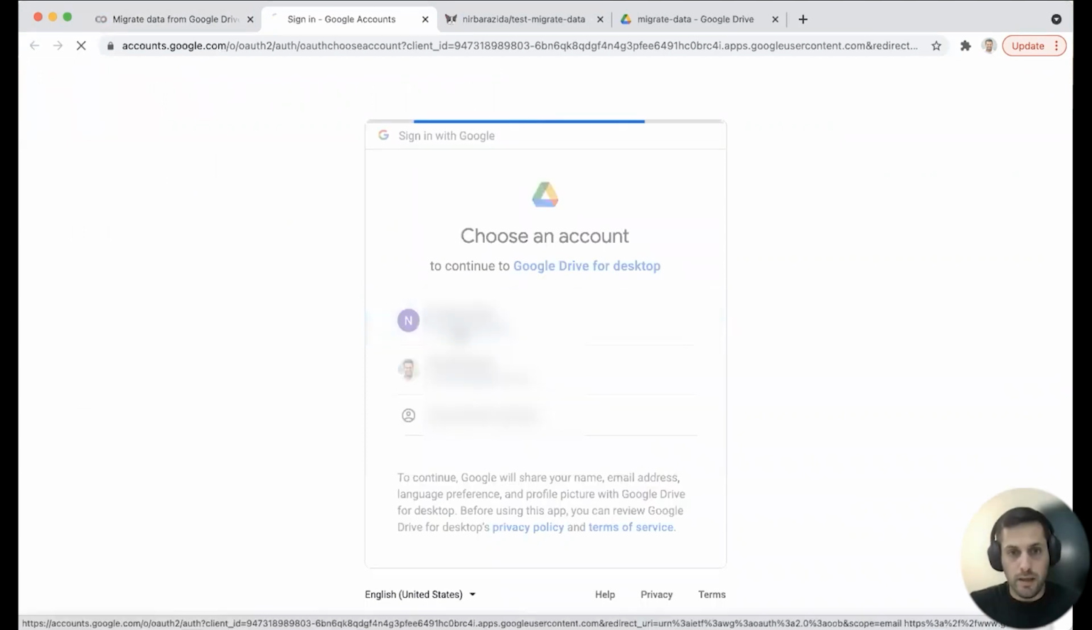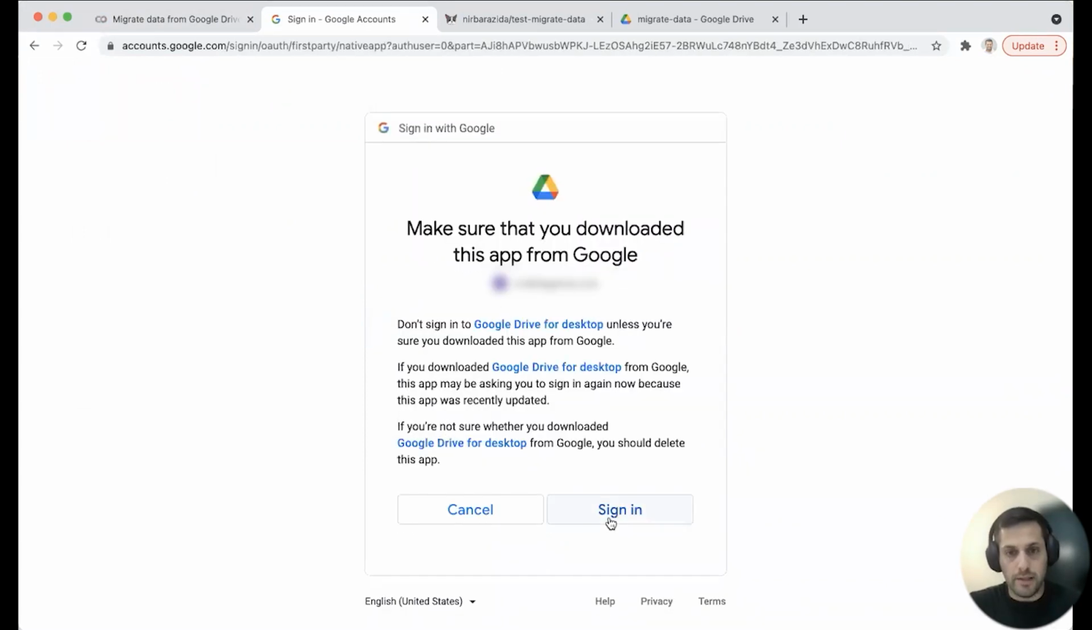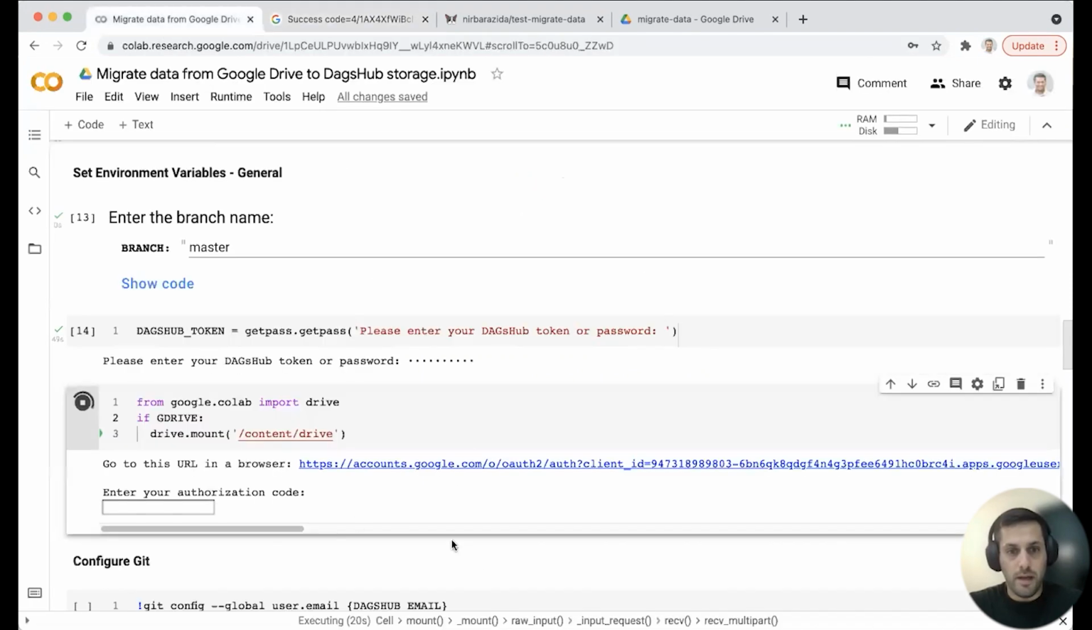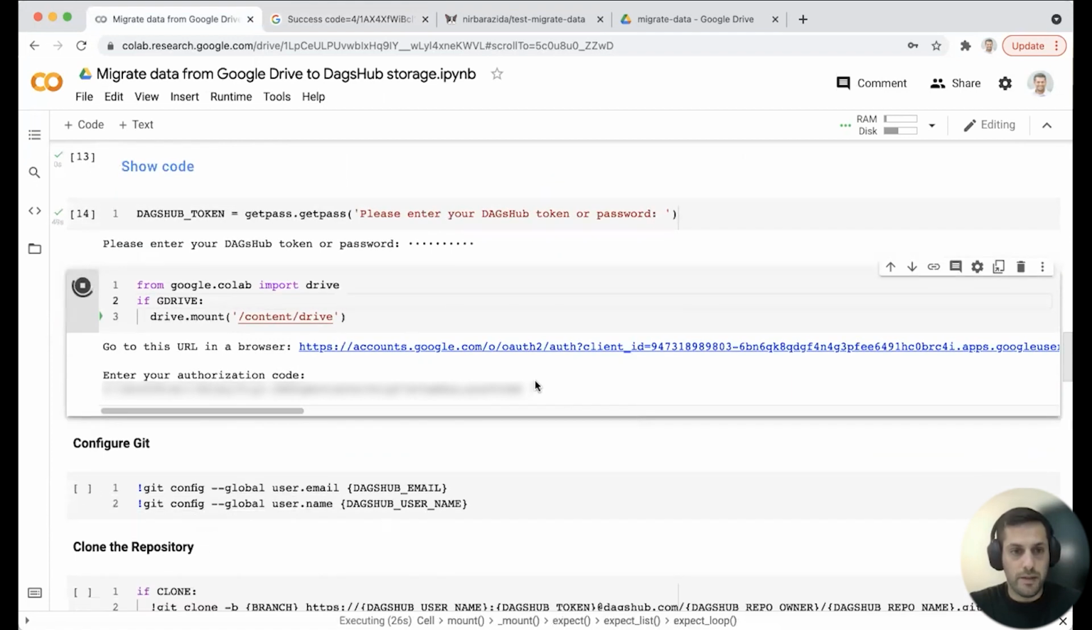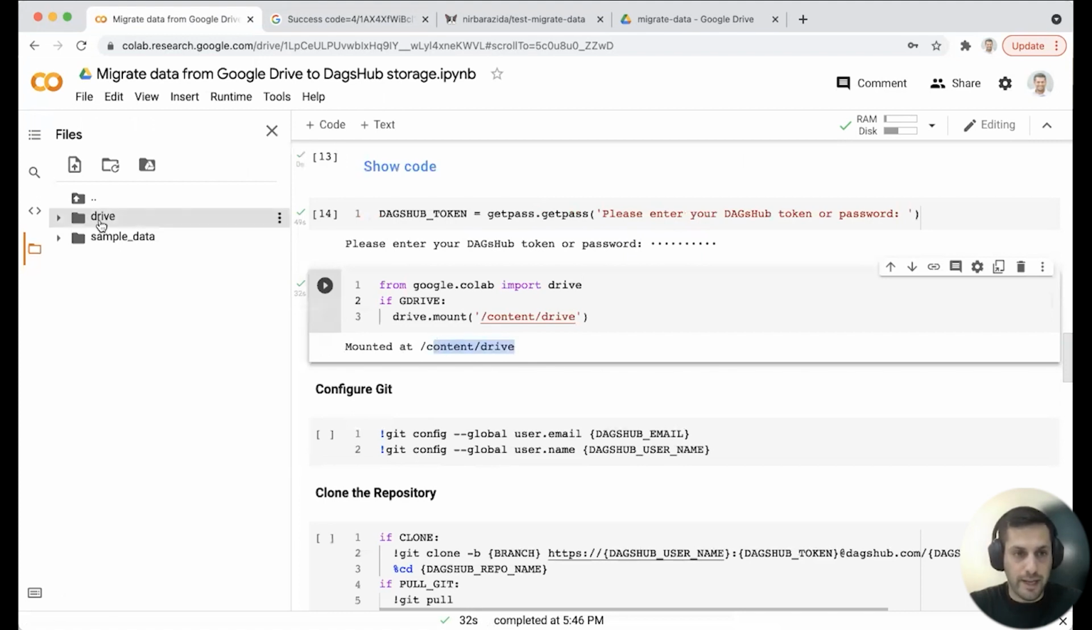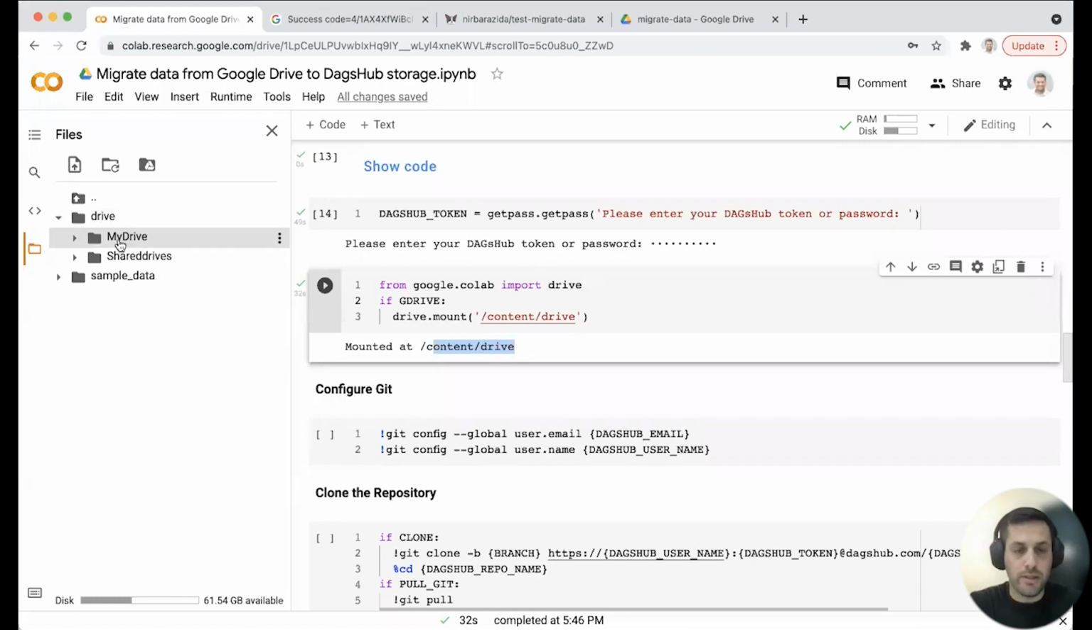So it's near at DagsHub. And it's going to ask me to sign in. And then it's going to give me this token for this specific task. And I'm going to enter it. And this way, it's going to mount my Google Drive to the Colab runtime. And now you can see that it's mounted the drive, and I can see it here. So this is all the content under my drive. It's going to be all the content of my Google Drive, and I can access it easily from my Colab